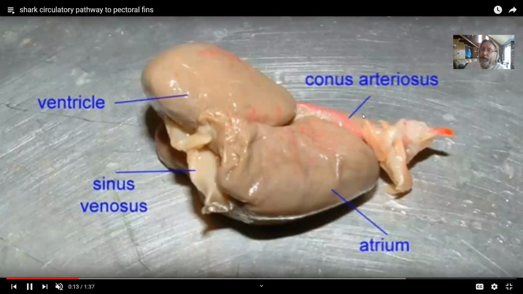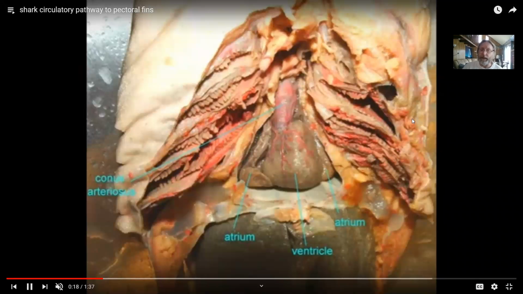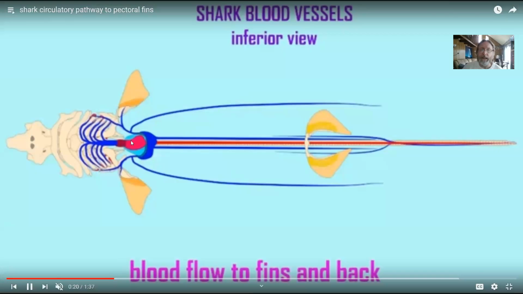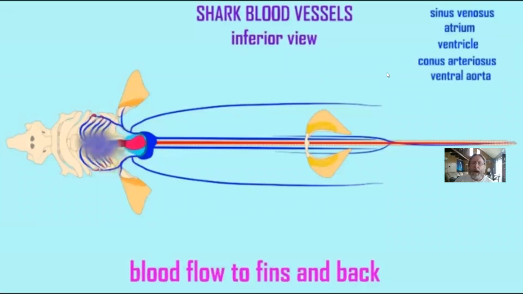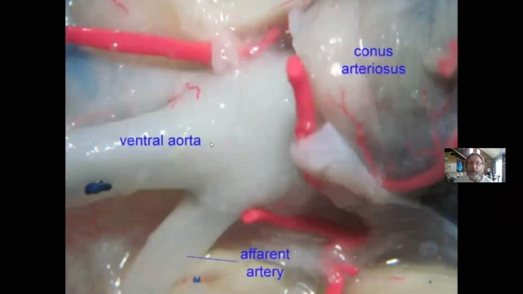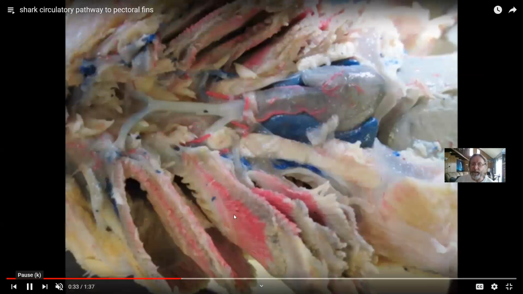gills to get oxygen. And so there is a ventral aorta running on the ventral side of the body from this conus. The ventral aorta here in blue then forms these afferent arteries, which then reach the gills. So here you see that ventral aorta sending off afferent branches to the gills to receive oxygen. Here you see the gill filaments where gas exchange occurs. The oxygenated